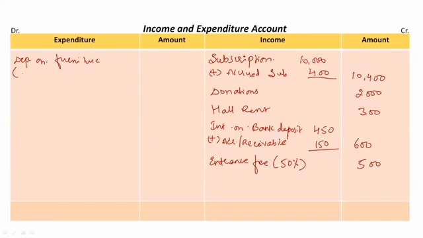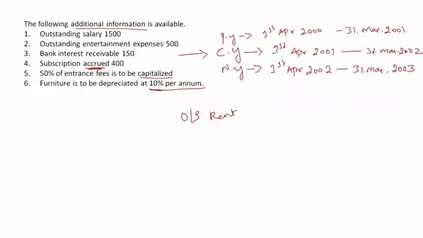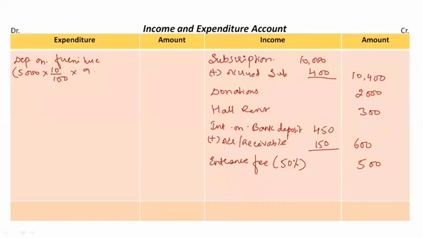So what is the amount of furniture purchased? 5000. Rate of depreciation given is 10%. So 10 divided by 100 multiplied with date is given. From July to March, how many months are remaining? 9 months. So we should be charging depreciation only for 9 months. So 9 by 12. If the date was not given, we would have taken depreciation for the full year. Clear? Now just simplify this and we'll get the value as rupees 375.